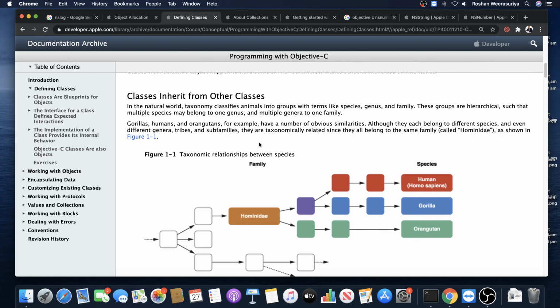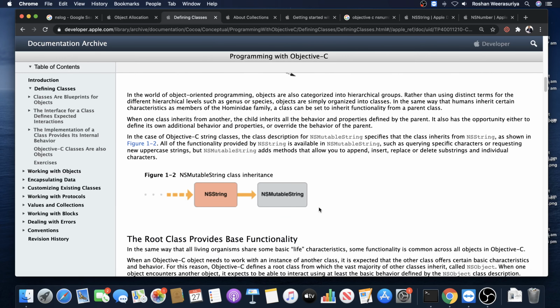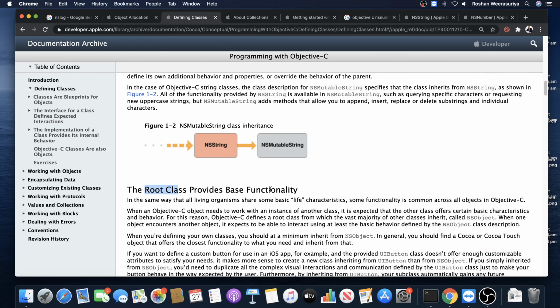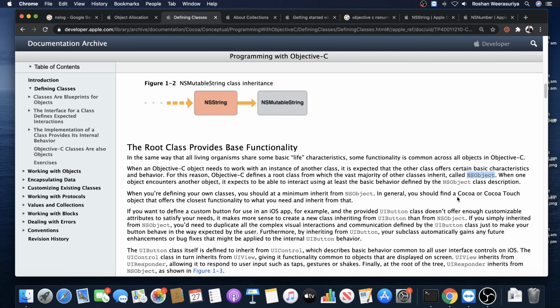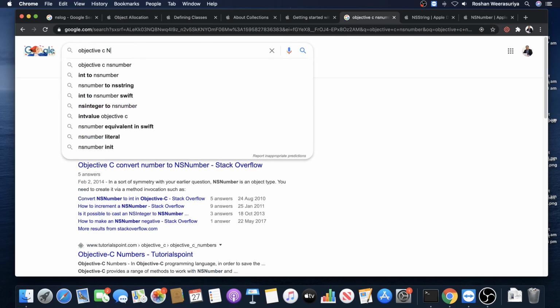Then classes inherit from other classes. That is common in object-oriented programming, right? For example, NSMutableString is inherited from NSString. Then there's always a root class which provides basic functionality, right? In Objective-C, the root class, which the vast majority of classes inherit, is called NSObject. NSObject has the common functionality. So if I look at the API for NSObject, if you search Objective-C NSObject,